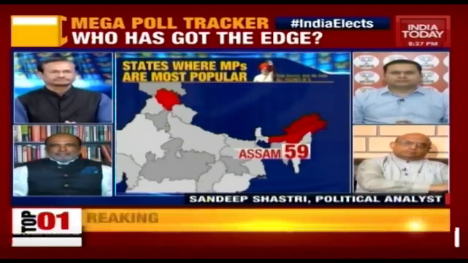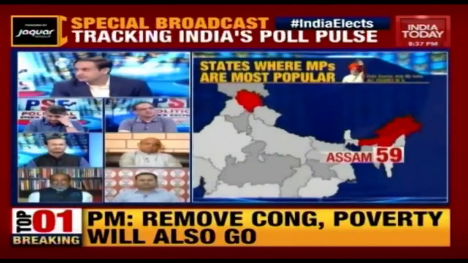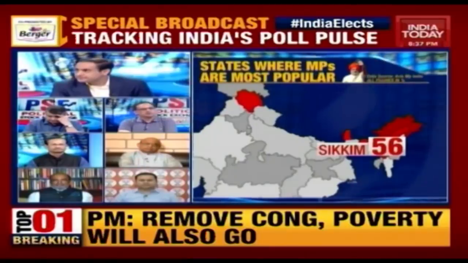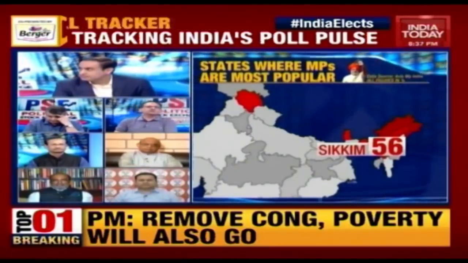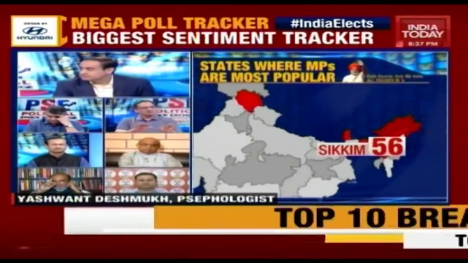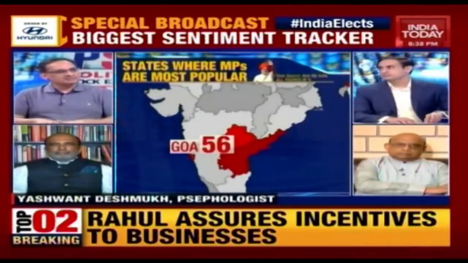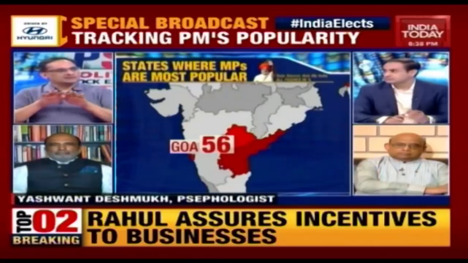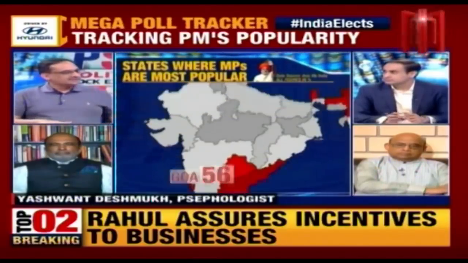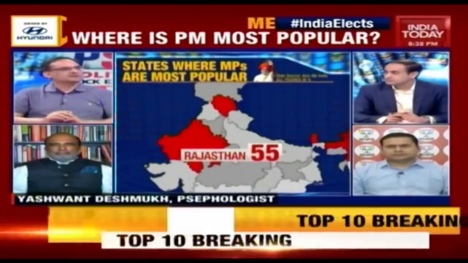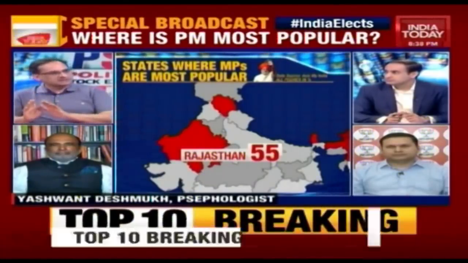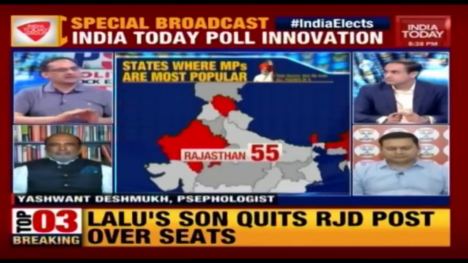Yashwant Deshmukh, 2004 versus 2019. It's no comparison whatsoever. Why? No comparison for a simple reason. One of the biggest things is that in 2004 the Congress became an SLP, and that was a critical thing. As Sanjay Bhai said, from 28 to take a small swing and try to become 150 was a different thing than what they are trying right now.